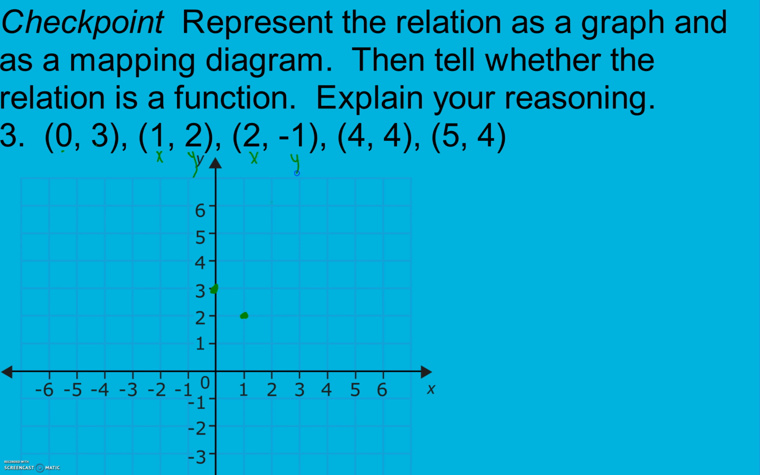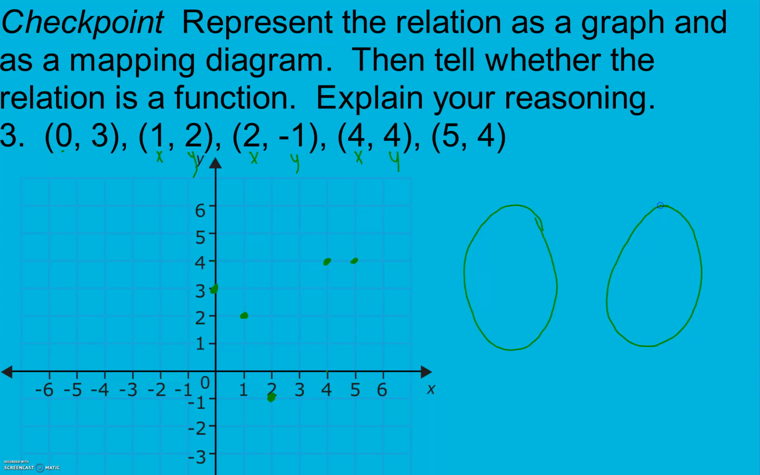X is 2, y is -1, where they meet is my point. X is 4, y is 4, where they meet is my point. X is 5, y is 4, where they meet is my point. So there I have it represented as a graph. As a mapping diagram,